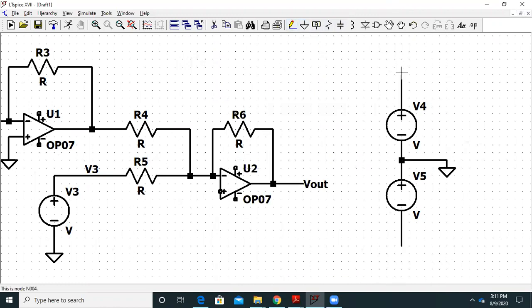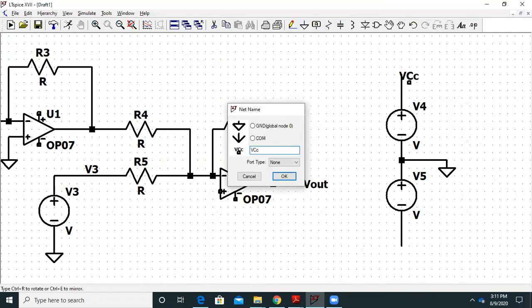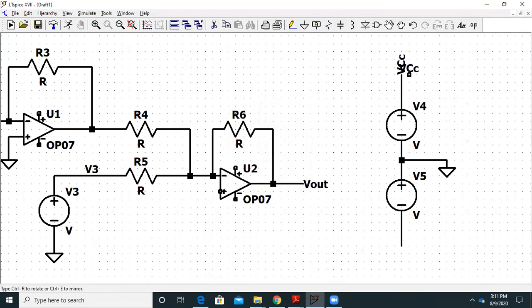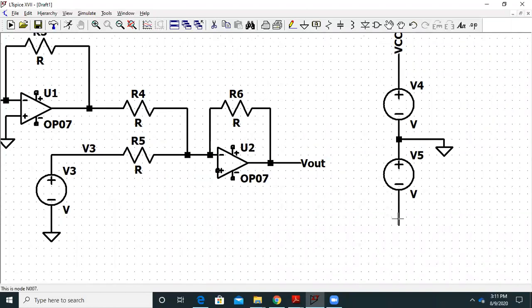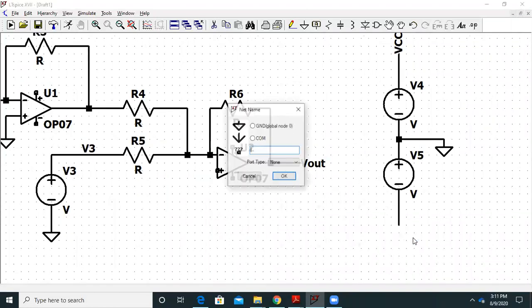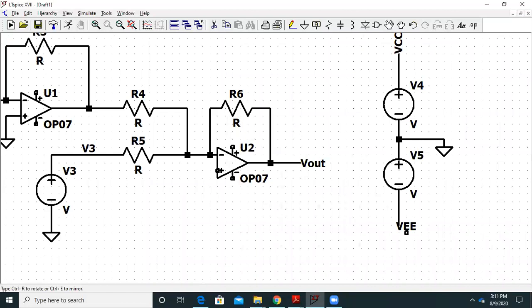And the final labeling part is left. This can be labeled as VCC, capital C. Similarly, the lower part can be labeled as VEE, and all this is to power up the op-amp.